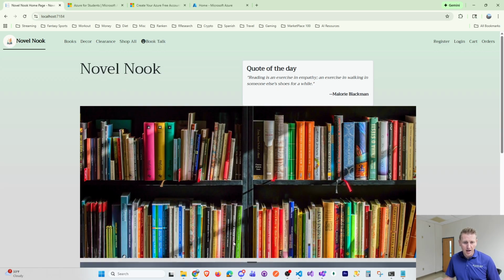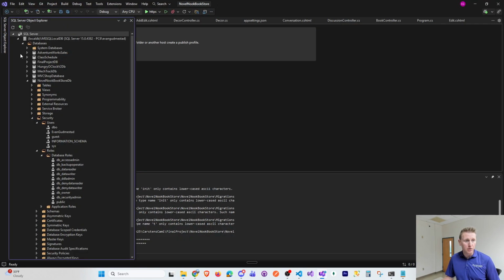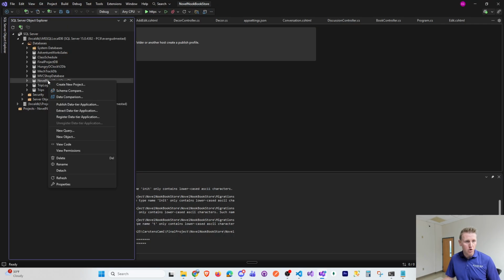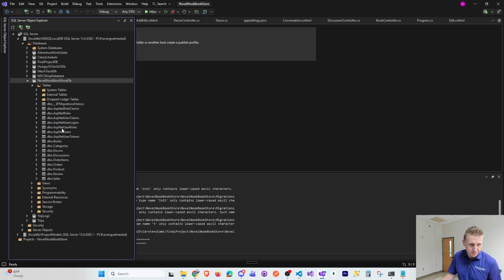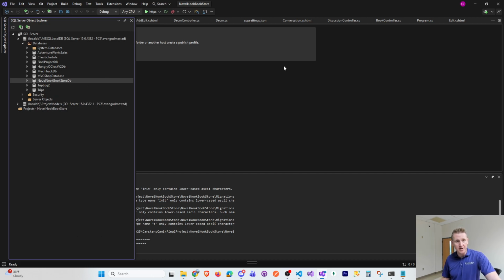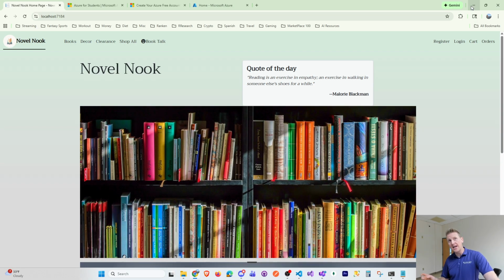And so just to look at my local database, here it is, and just to show you what's in here, we've got all these user tables and roles tables and permissions and books and categories and discussions and orders. So this is actually a pretty hefty normalized database, a pretty cool website that my student has put together. And the reason why I'm making this video is kind of an update, is that this process